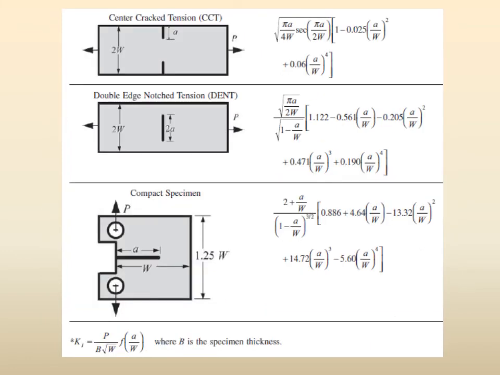So we are continuing with the center crack tension, right, and the double edge notch tension, and finally the compact specimen. And in both of these, as I said, this is the double edge, DENT, and this is the center compact and so on, right? So if any of these situations is given to us in any problem or any real life situation, then we can find the actual Fa by W.